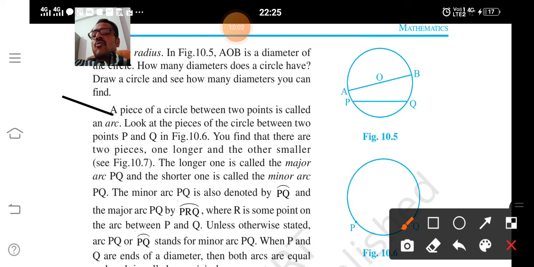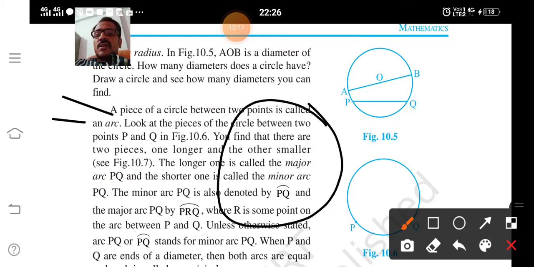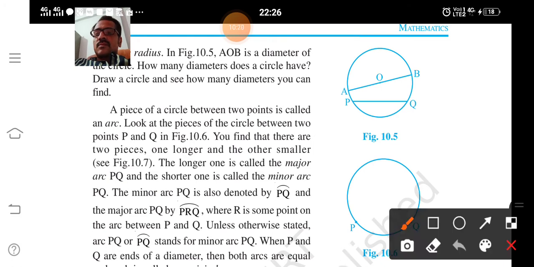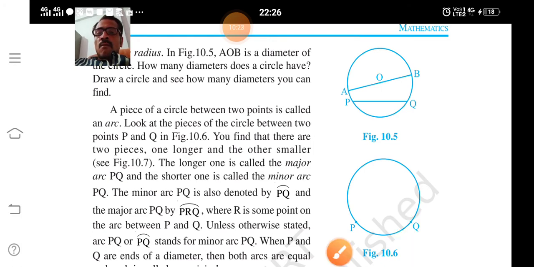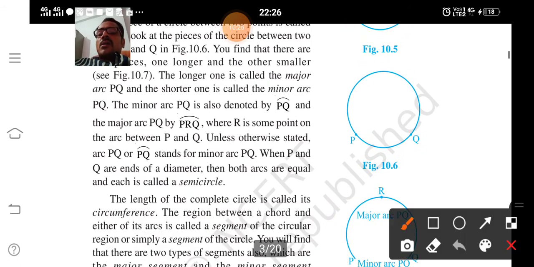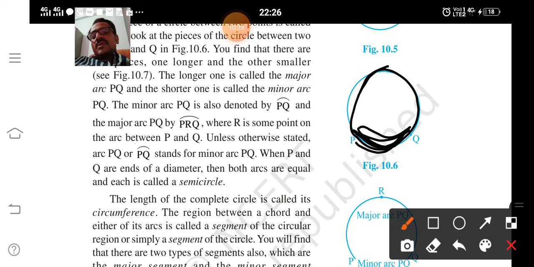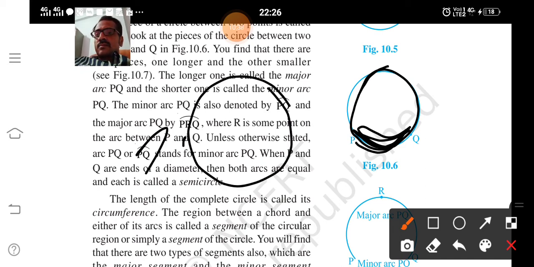A piece of a circle between two points is called an arc. This is the definition of arc. See, all these definitions you have to remember. The piece of a circle between two points is called an arc. Suppose I consider this circle, then this is a piece of the circle. This is called a piece of the circle, called an arc,